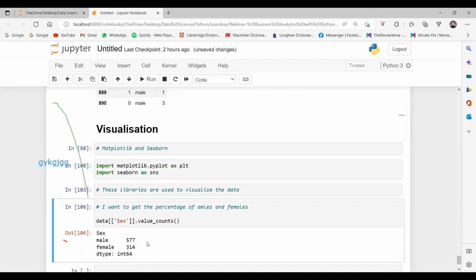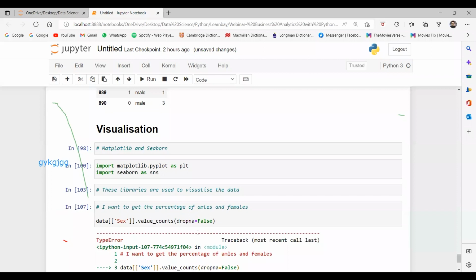This column may have null values also, so it is not showing them. If you want the null values to be shown, then you can say dropna equal to false. Sorry, dropna equal to true. No, it should be dropna equal to false.